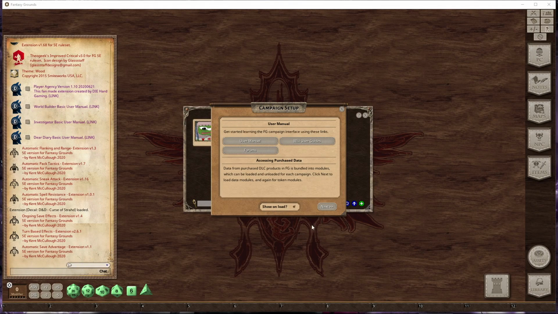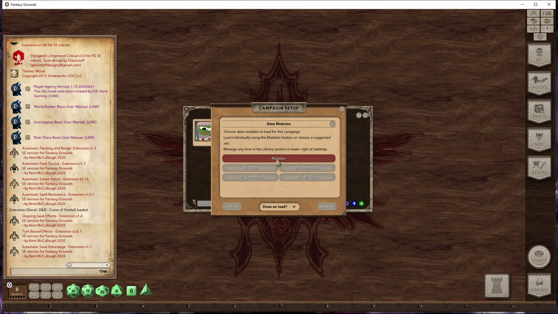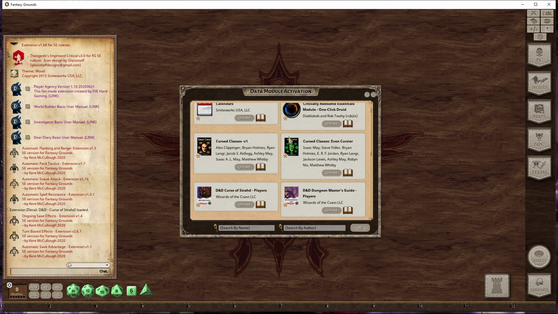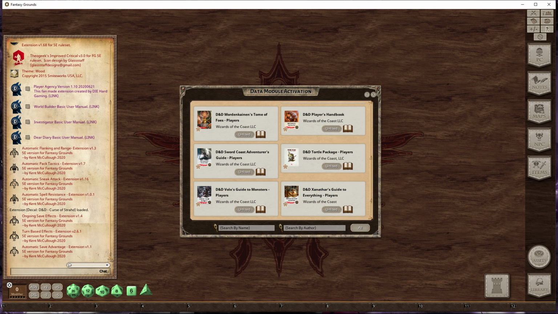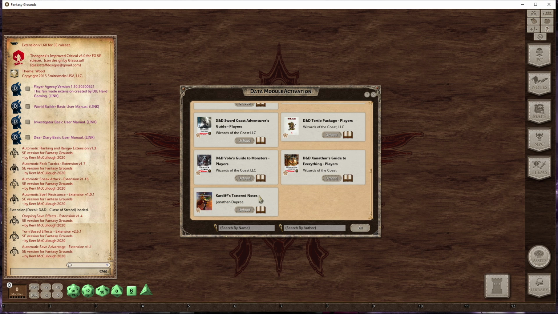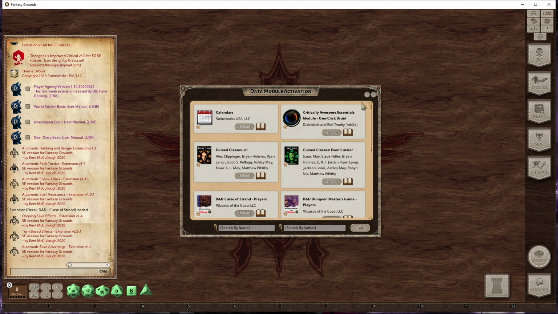All right. This is usually what you see when you log in. You can go ahead, go to modules, make sure that you have everything loaded that you think you might need loaded. I just have everything loaded as a player. So,